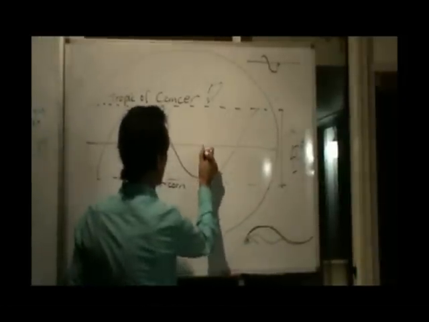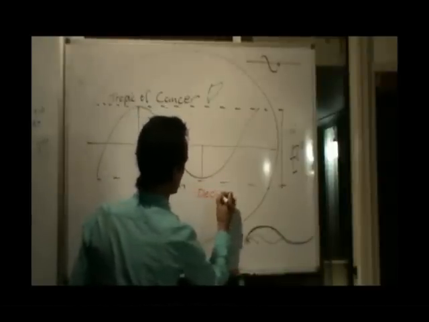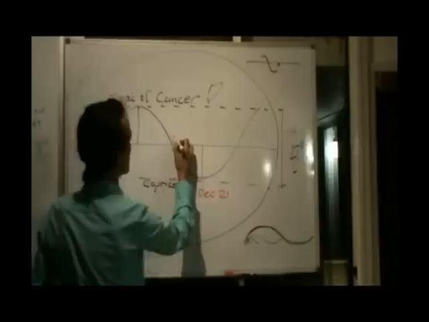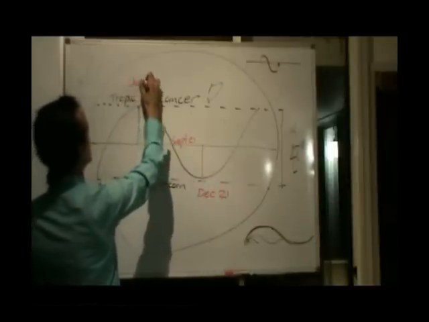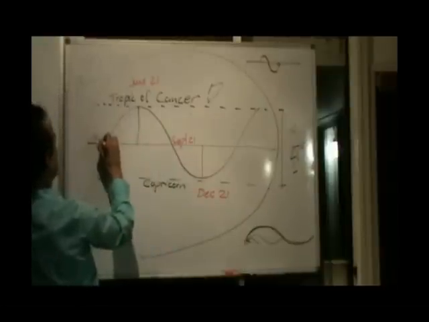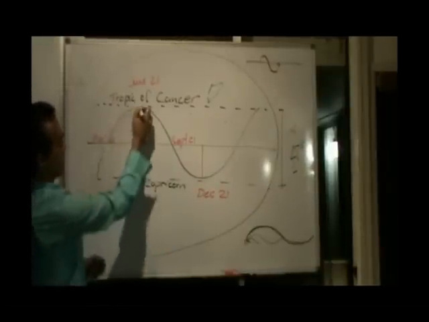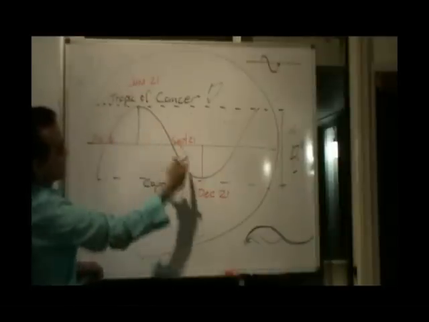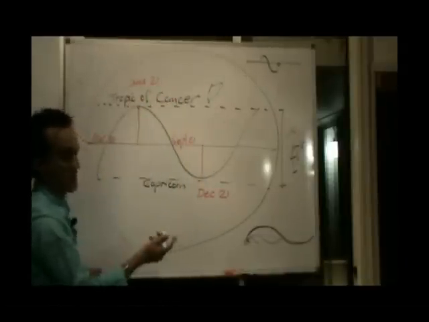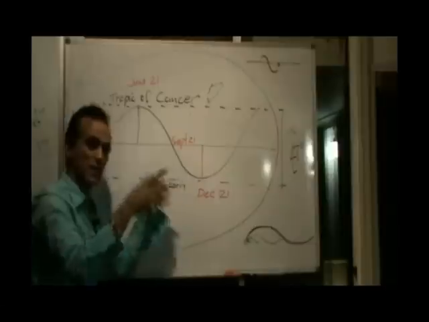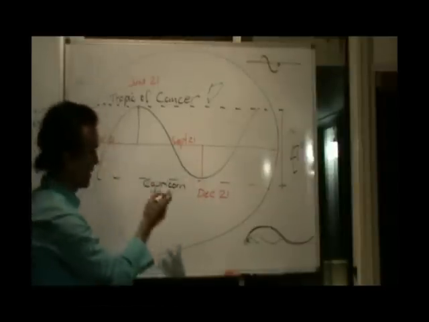Okay, here is the Tropic of Capricorn. That's December 21st. Over here we have September 21st. Here is June 21st and March 21st. What we have here is that there is the longest day of the year, that's the shortest day of the year in the northern hemisphere. It's the other way around in the southern hemisphere, but we're going to take this as though we're all living in the northern hemisphere. Okay, it's northern hemisphere science.